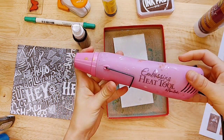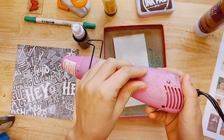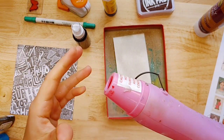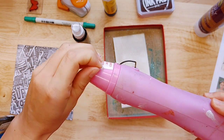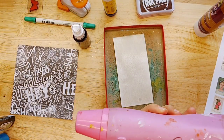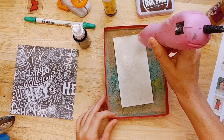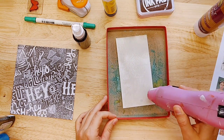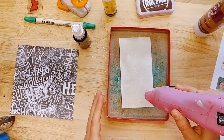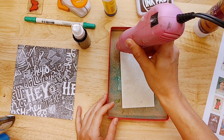This is my heat gun. It is the Hobby Lobby brand, the Paper Studio Embossing Heat Tool, and it's got hot glue and all sorts of stuff over it. If you don't have an embossing gun, then you can use a hairdryer. I like using this because one, it doesn't take up as much space, and two, it gets very hot. So it's going to be kind of loud here for a second, but it dries quite quickly once it heats up. It takes a minute or so to heat up, but it dries